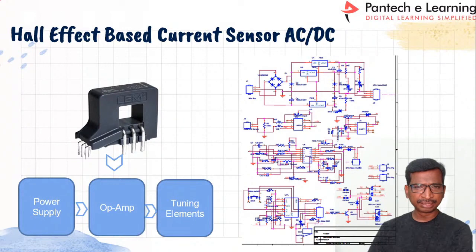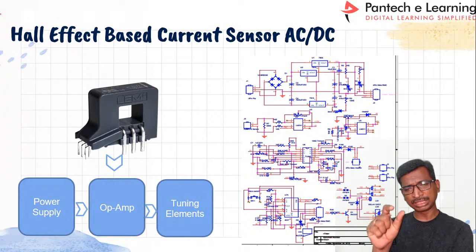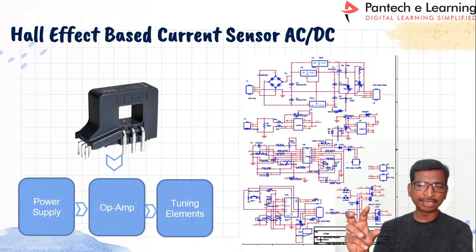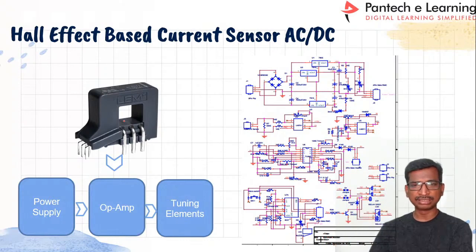actually there are a variety of sensors available. We use HO10, I think so actually. So these different sensors are available, like 1 ampere, 5 ampere, 10 ampere, 50 ampere, 25 ampere, 100 ampere. So in a variety of ranges, you can get different current sensors. Right? So the power supply is applied, and then the operational amplifier and tuning element. So you can download the circuit from the LMS portal. So try to use this one for your applications.